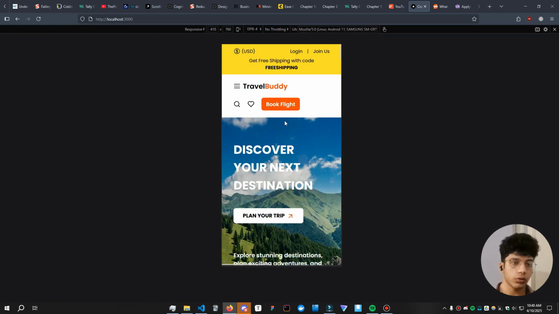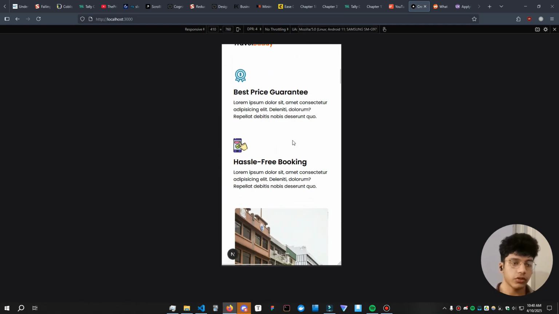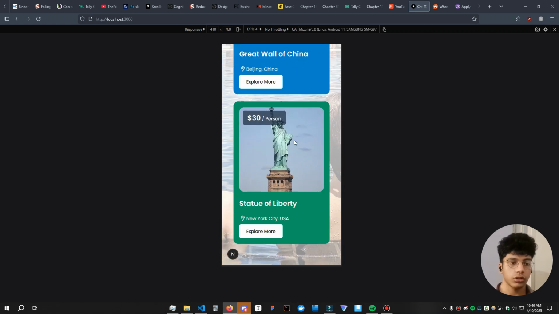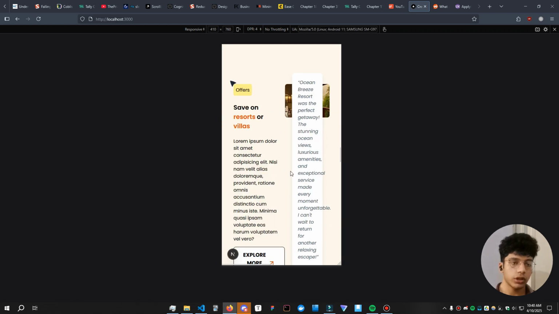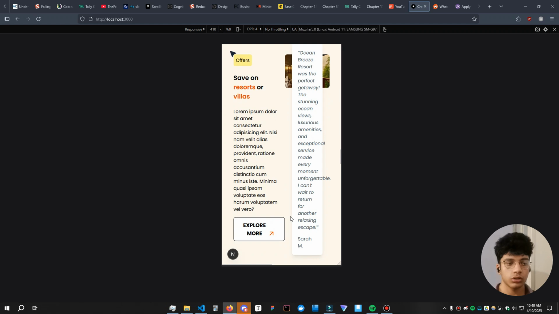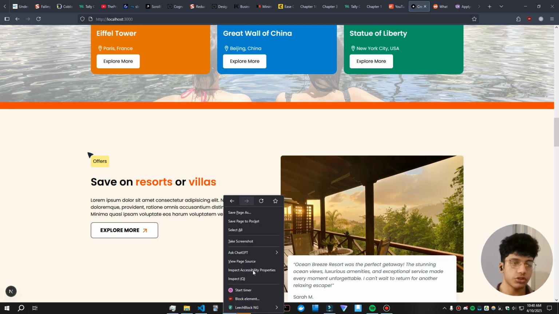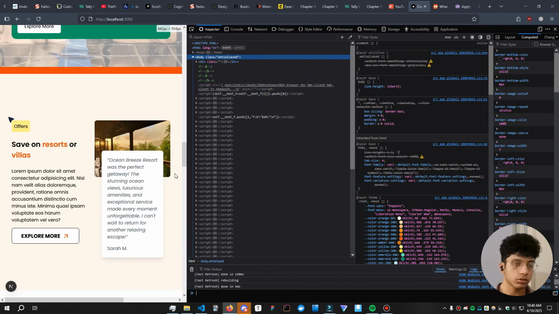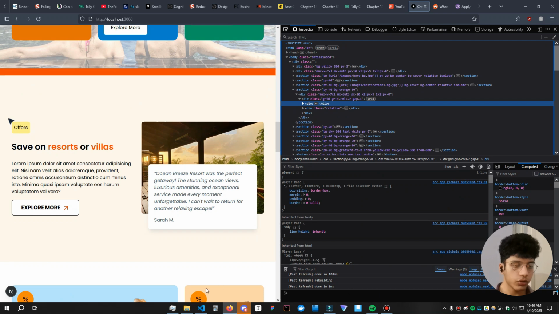So in the previous one, we made a couple of sections responsive, benefit section, and all the way down to the destination section. We got this far last episode, and now we need to do something about this offer section. And this is going to be pretty easy. You just need to change this to a row and a column instead of a row. So if I just play around with the size here,